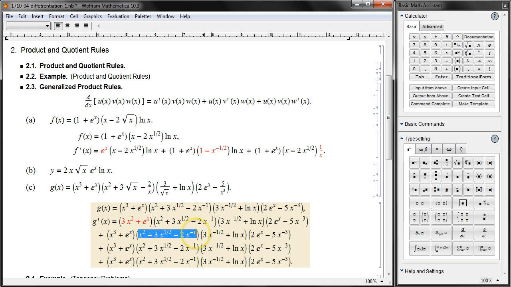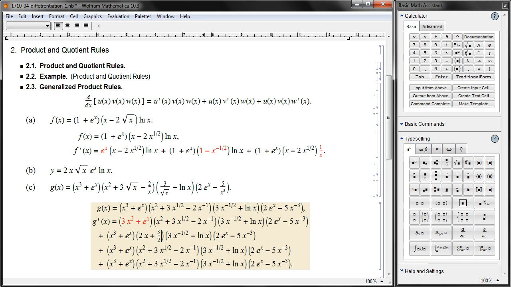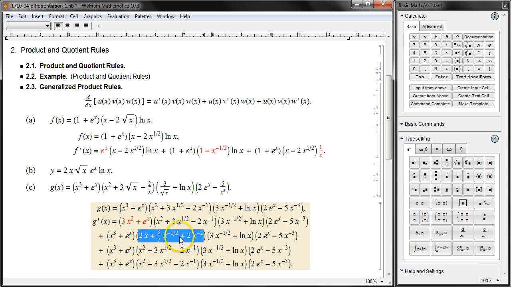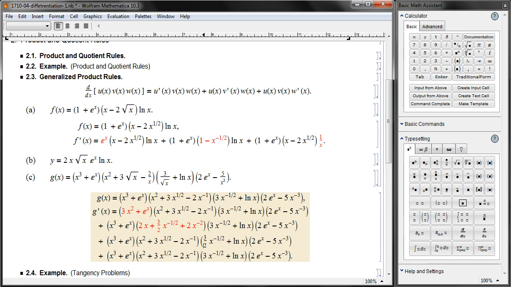And then now the second has to become the derivative. So 2x and then plus 3/2 x to the negative 1/2 after subtracting 1 from the power, plus 2x to the negative second power multiplied by -1, we have a change there. How about this one now? -3/2, subtracting 1 from the power,